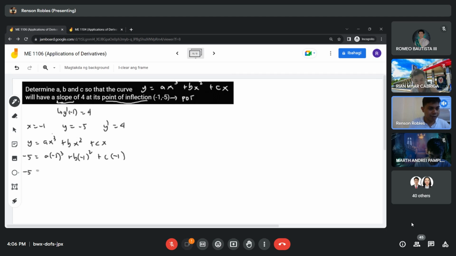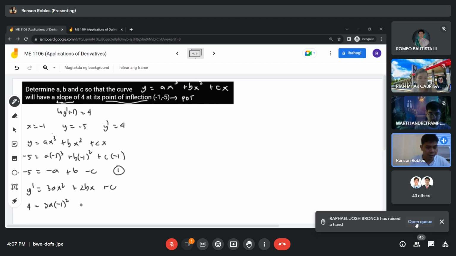You have -5 equals -a plus b minus c. You mark this equation 1. Then you get the derivative y prime. That's 3ax squared plus 2bx plus c. And then when x is -1, y prime is 4. You have 4 equals 3a times -1 squared, yes, plus